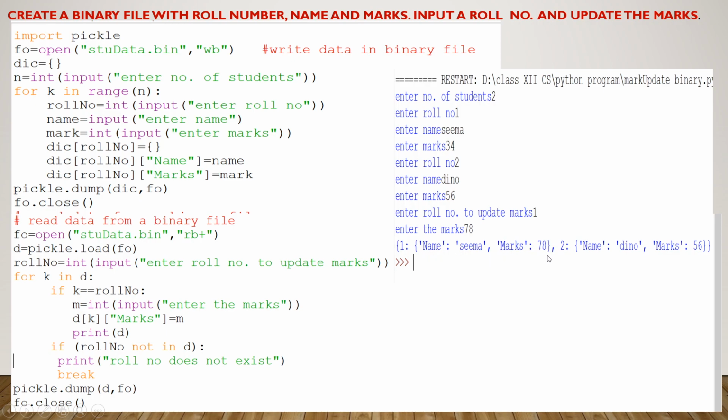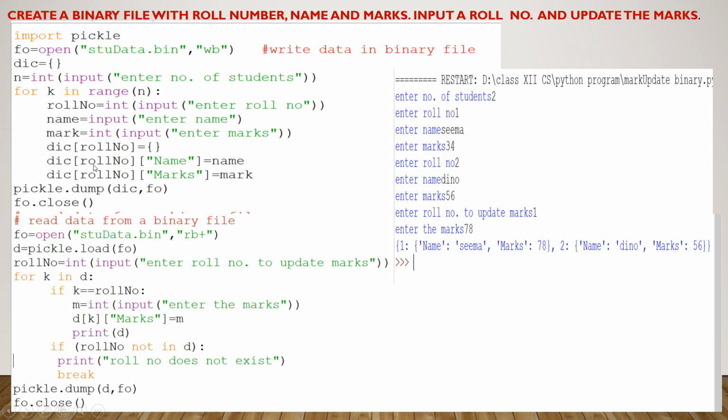So in this way I want to store the data inside the dictionary, because now this roll number has a value in the form of a dictionary. So I have to mention here that this dic has a key roll number, and this roll number has a value in the form of a dictionary. So this is very important. If you do not write it in this form, it will raise an error. So this dic has a key roll number. The roll number will act as a key, and this roll number key has a value in the form of a dictionary, and after then you will assign the values, name and marks, inside the roll number. So how will you do that?